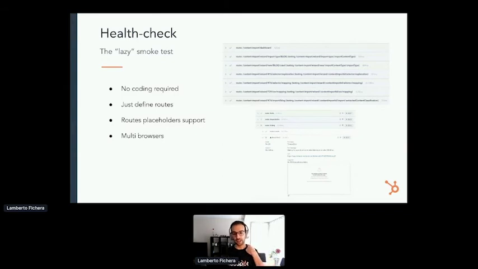Obviously, there are some more advanced scenarios where you would have query string parameters, or the route is defined, but it's got some dynamic route variables, route params that you need to inject. So you can provide those in a configuration file or at runtime with a dedicated script. So this is kind of an easy way to get on board with testing when, for example, you still don't have a full comprehensive test suite that runs across all browsers, and this was an important feature for us, especially in the early stage.